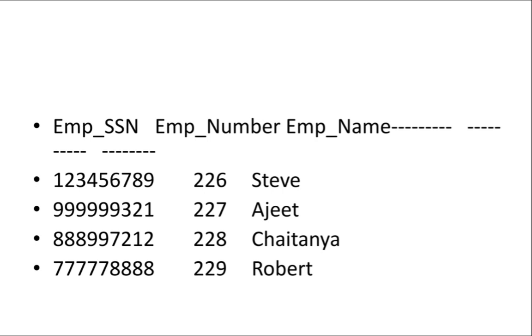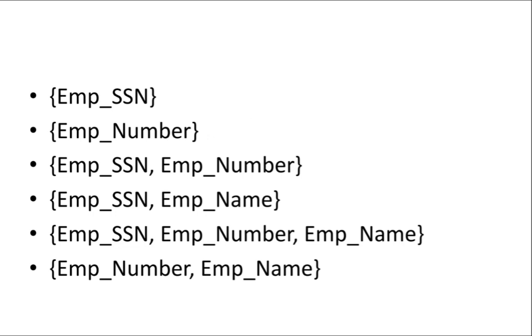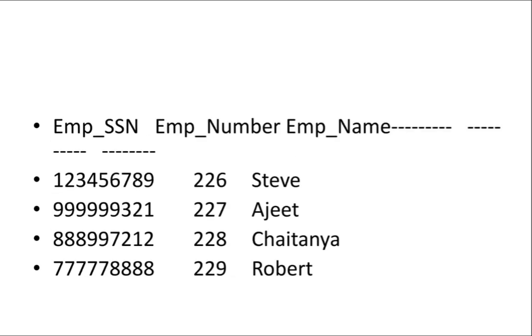So what is the other set? Employee number. I can use employee number also to identify the individual records, because no value is repeated. That is another super key. Next, what is the third super key? Employee SSN and employee number. I can combine both, because a super key is a set of attributes that can be used to identify the records. Observe there, even after combining the employee SSN and employee number, no values are repeated. Both values are different. Again, that can be one super key.